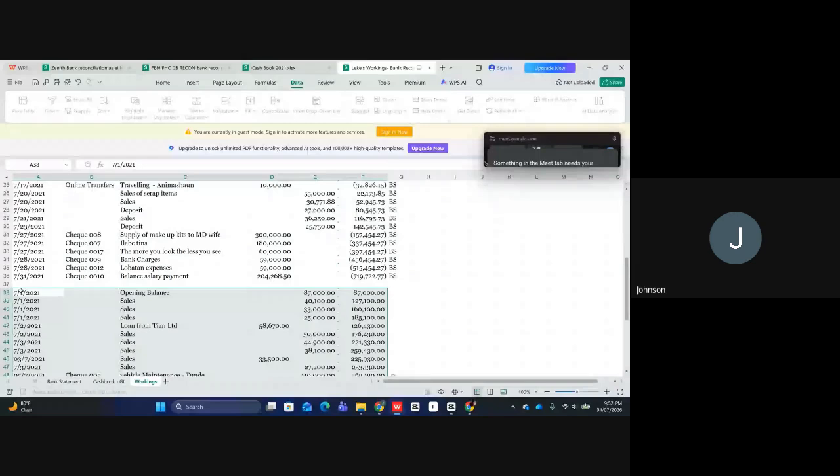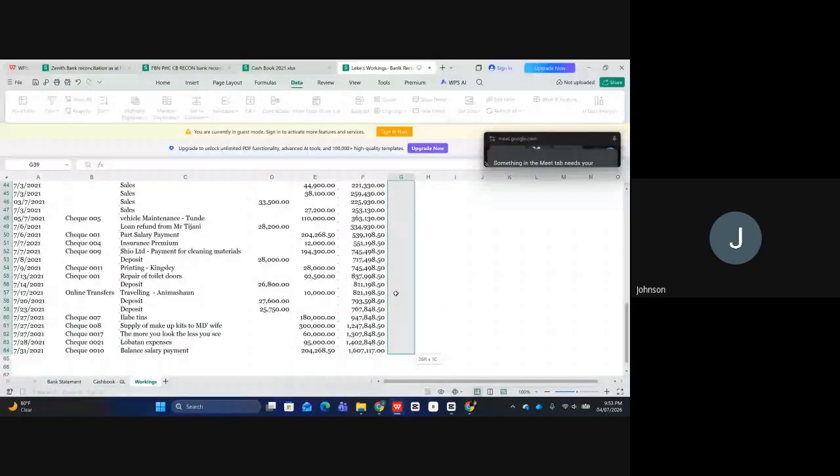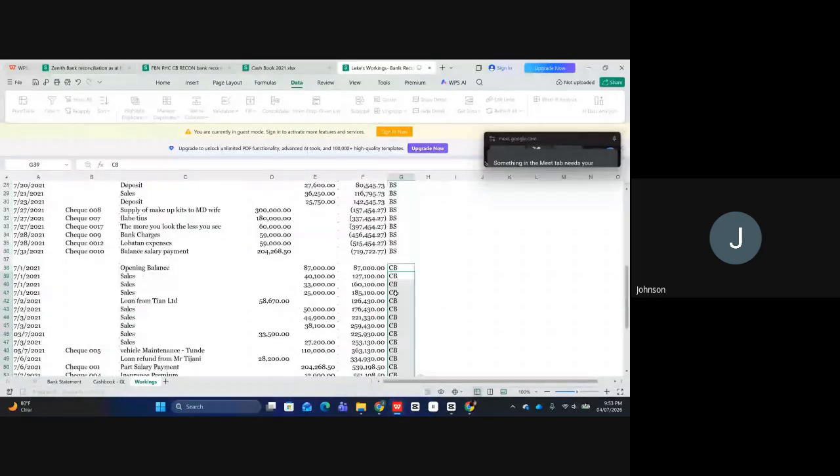So over here, we want to call these our cash book. Cash book. Okay, then Control C. We'll now come and paste everything over here. Control V. Now, the next thing we want to do is